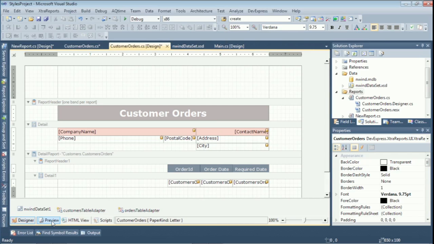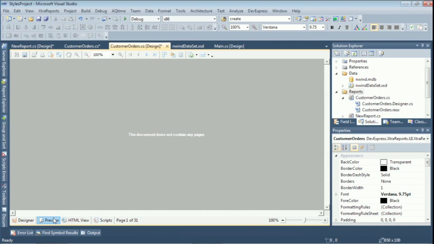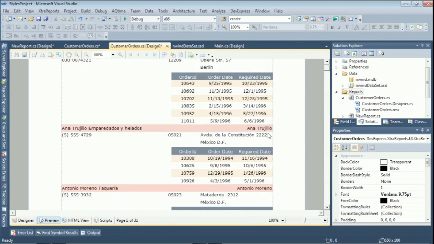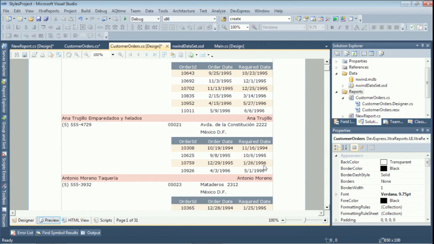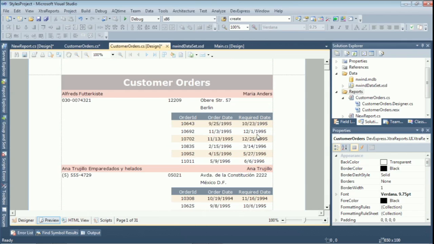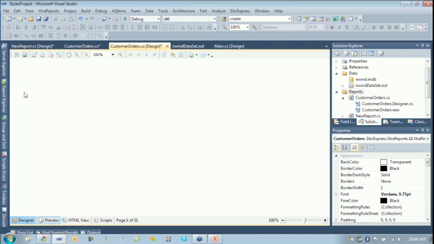All right, we're going to move on to style rules, okay? What I want to do is, let's pretend that it looks like these dates are all 94, 95. So let's say any required date that's younger than 1995, we need to highlight that special, okay? So this is what I'm going to do. I am going to create